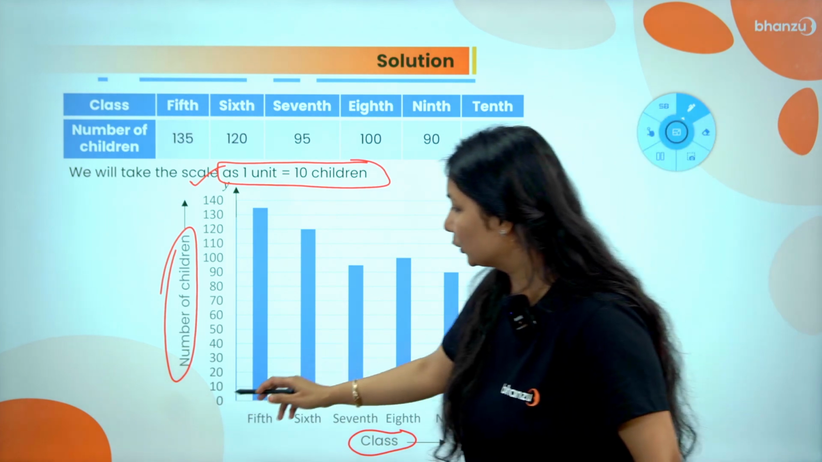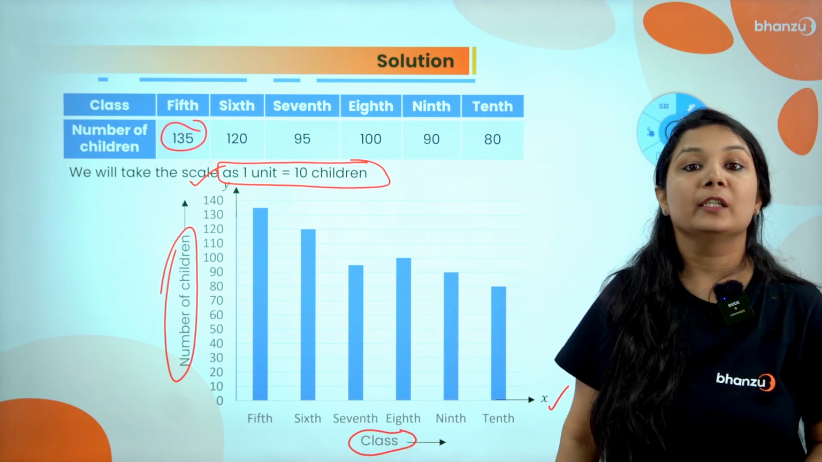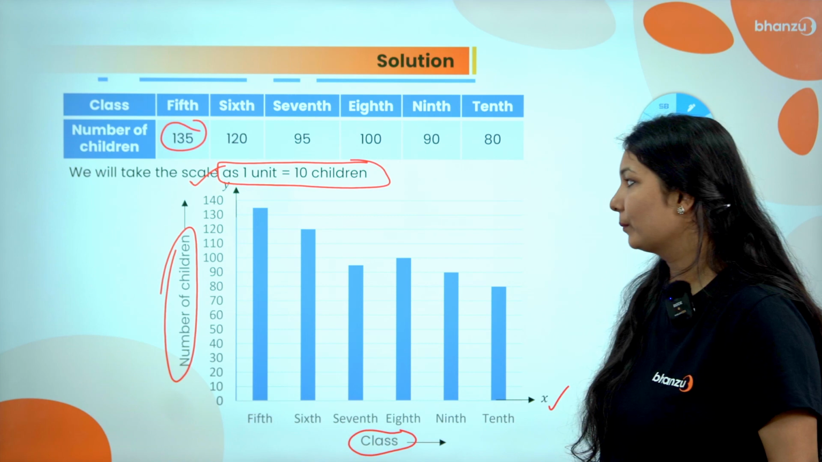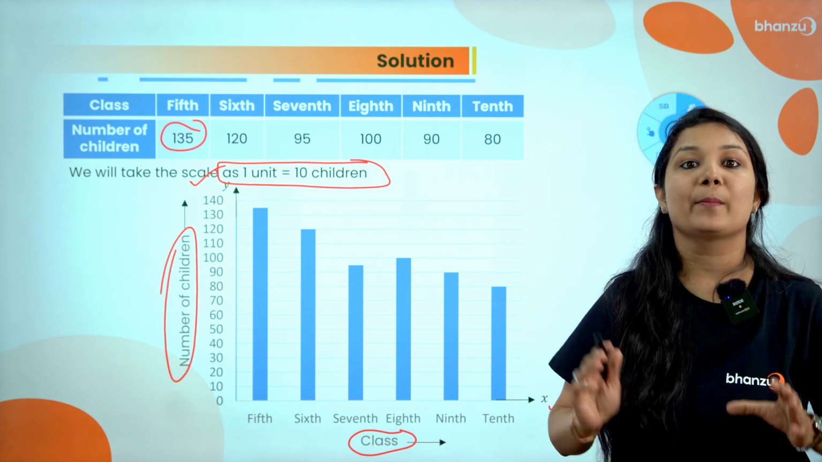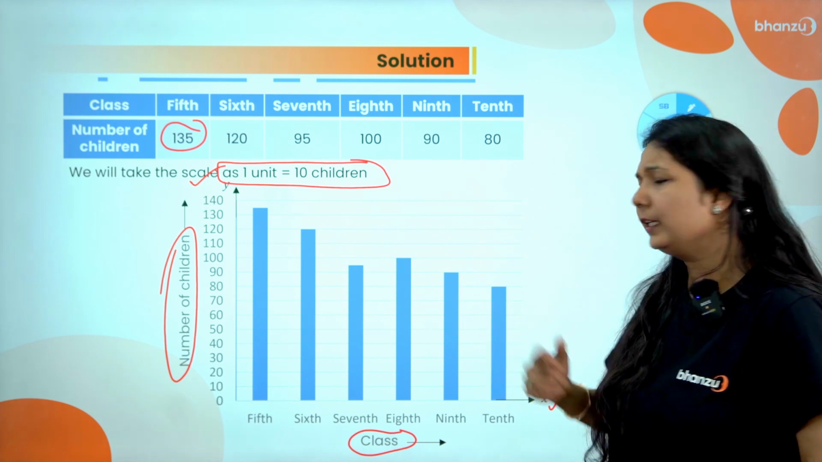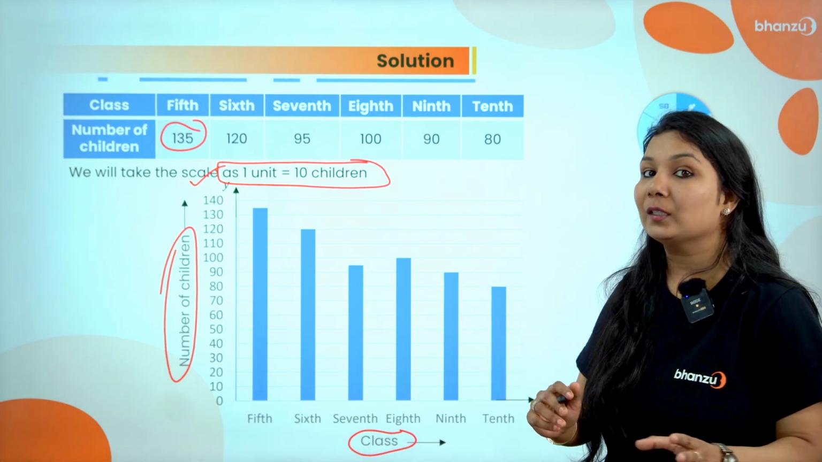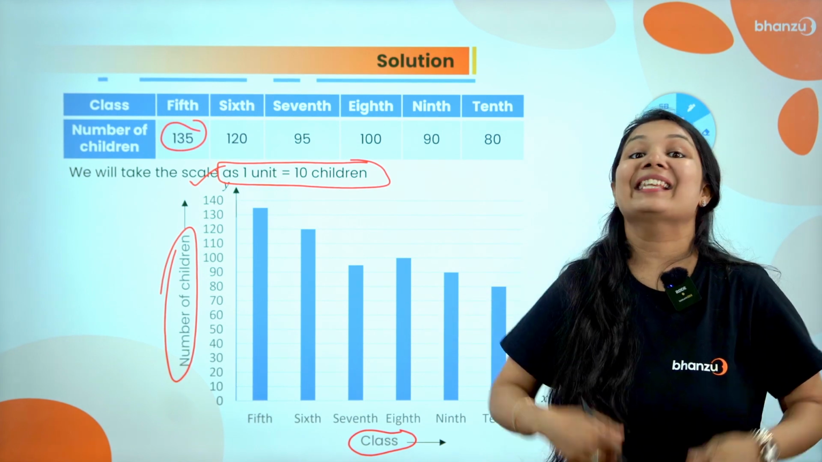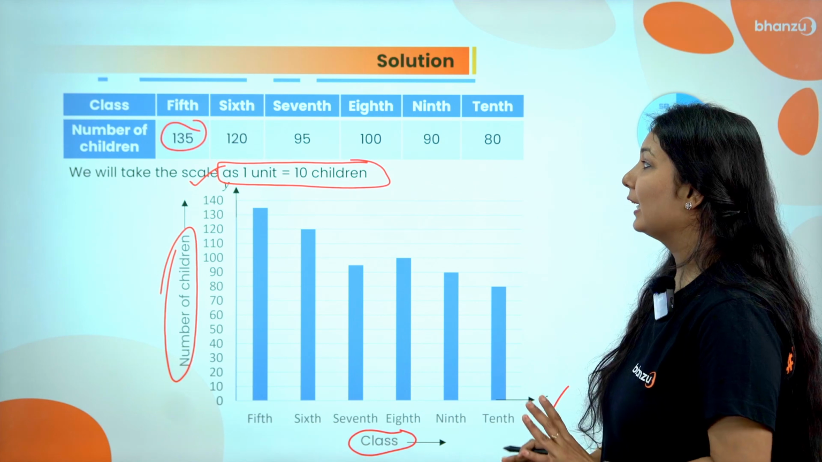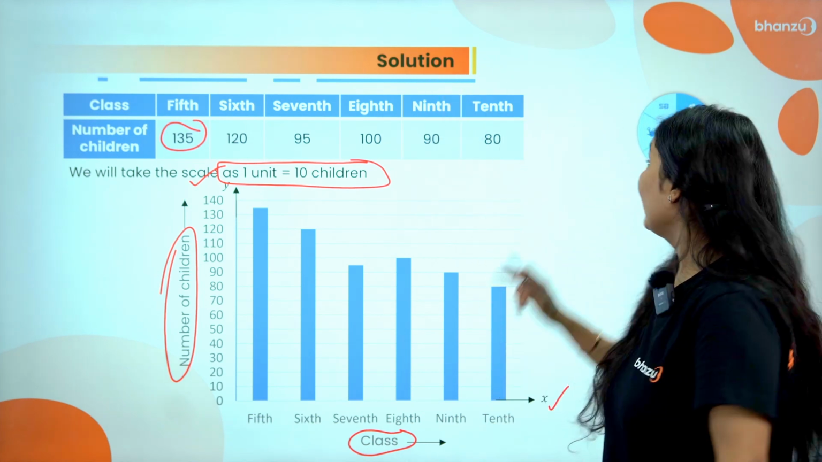right? And so we are going till 140 because our highest observation is 135. So taking a gap of 10, 10, we reach. And always use a pencil and a scale to draw the bar graph. That would make your work neat. Now this was about bar graph, a single bar graph where we are representing only one data, that is the number of children in different classes. But what happens